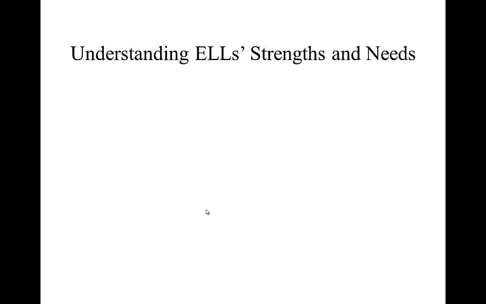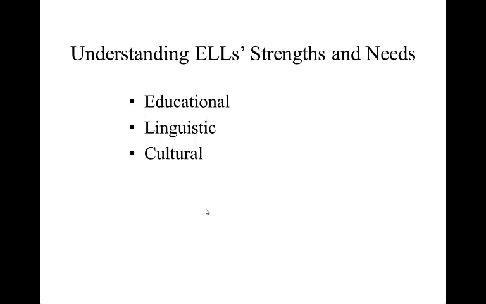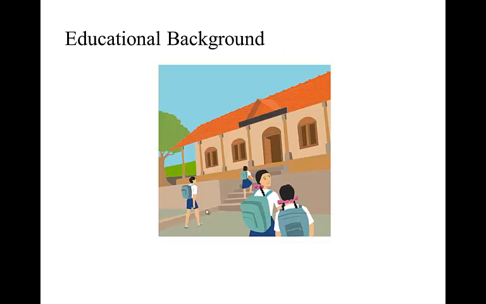In order to know and support students, teachers need to find out as much as possible, or at least as much as needed, in the following areas: educational background, linguistic background, cultural background, family background, and their immigration background. First, educational background. Many migrant students attend classes between crops that they pick or between moves with their family. The school will usually try to help with some of the questions that need to be asked, but teachers need to be sure to find out: